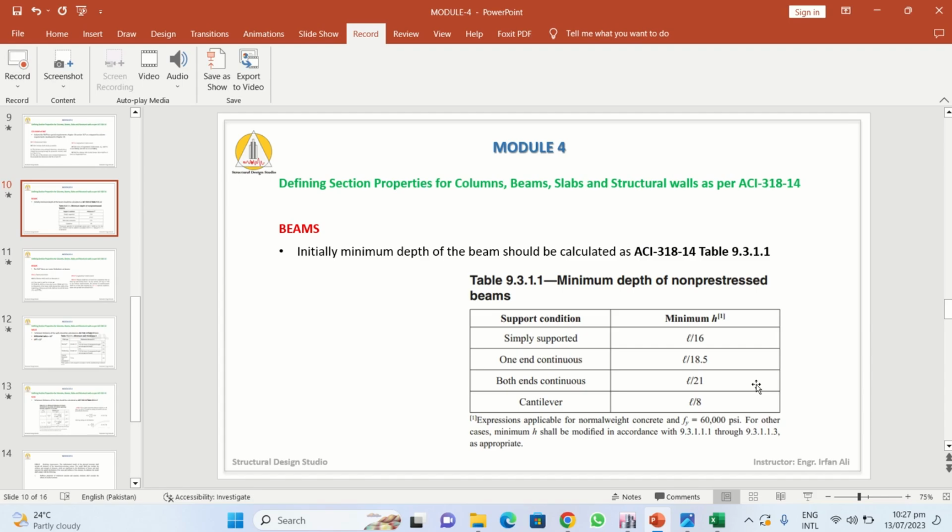The next is the beams. Initially, minimum depth of the beam shall be calculated